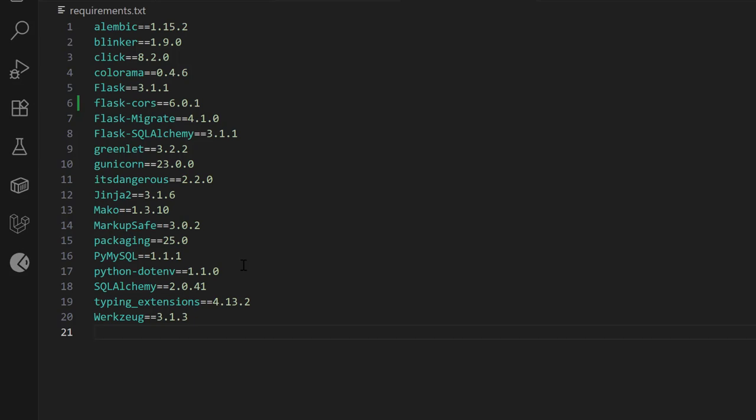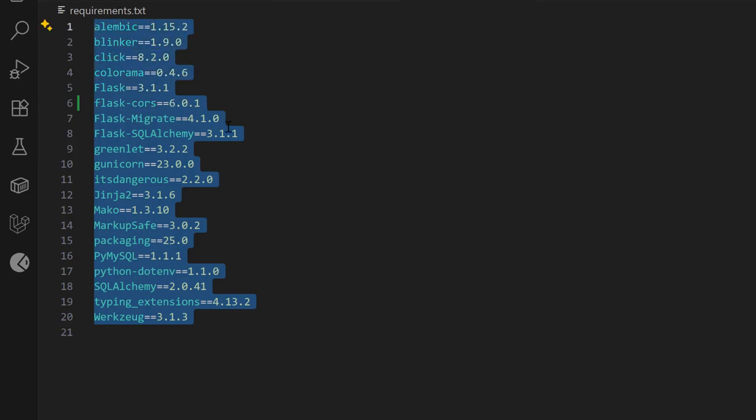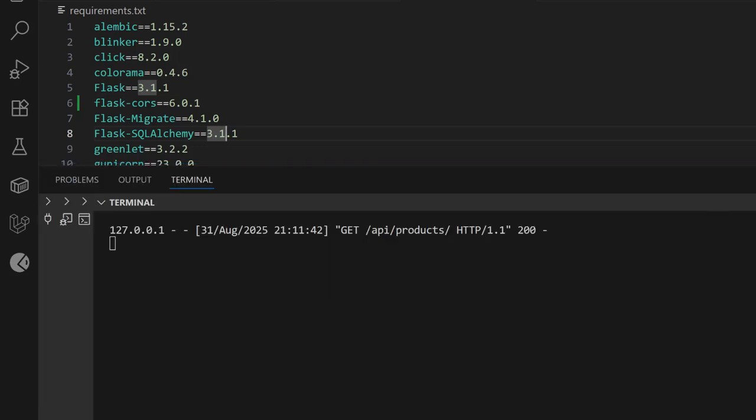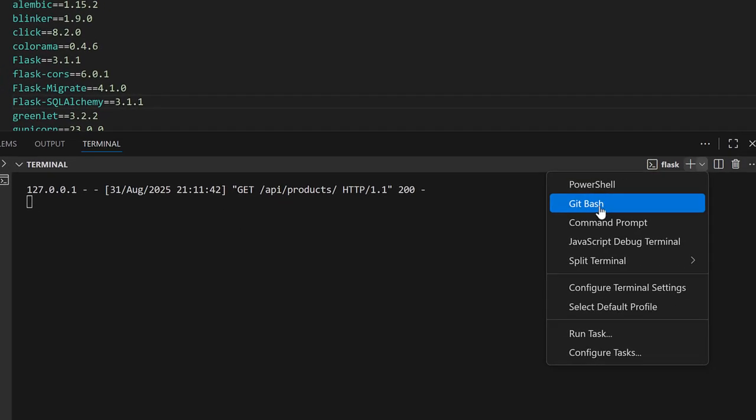And with the requirements.txt file, this is always a file that is keeping track of all the packages and libraries that your project is using. And at this point of time, you can see that these are some of the libraries I have been working with. And whenever you really want to create one, all you have to do is,